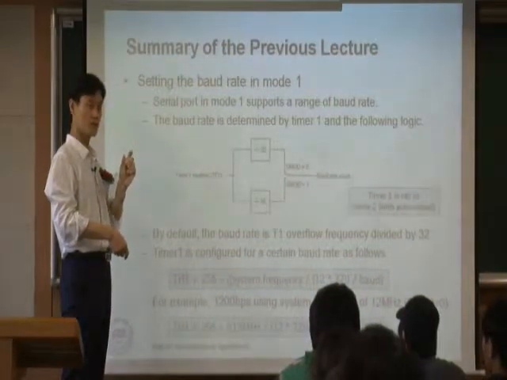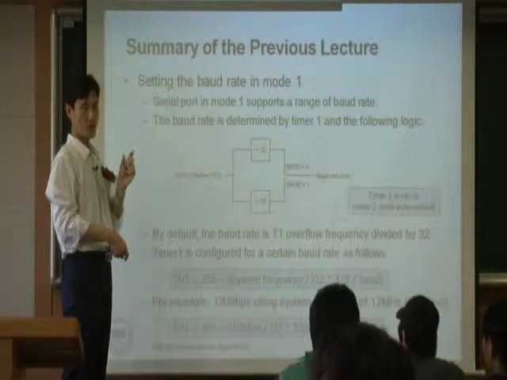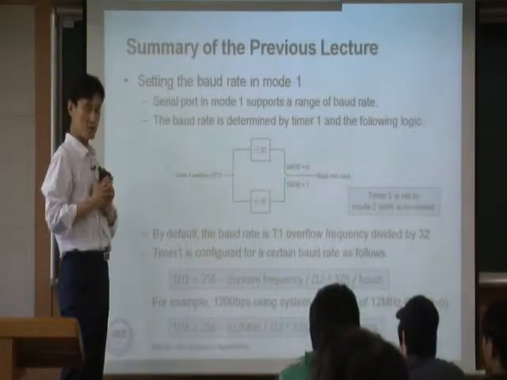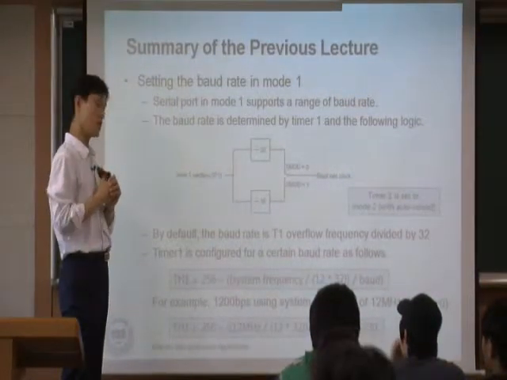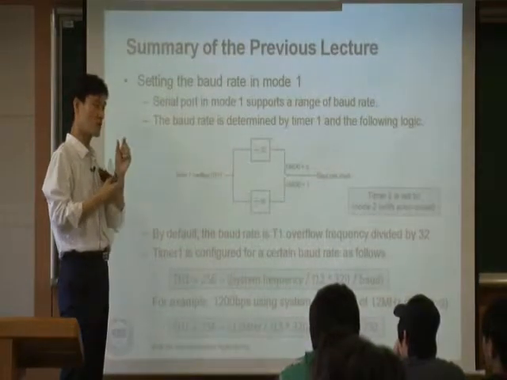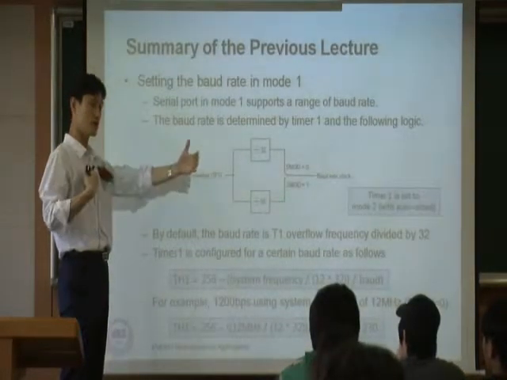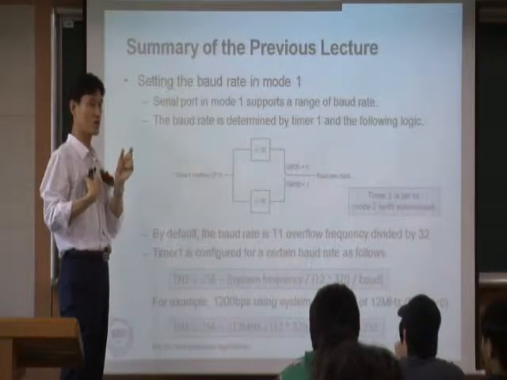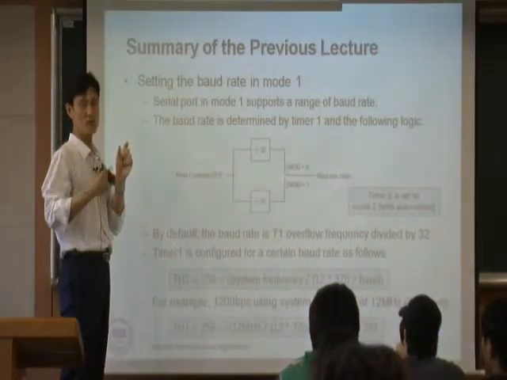Therefore, one bit is almost 800 microseconds. So how do you know? Both transmitter and receiver need to know the bit duration of 800 microseconds. But how do you know 800